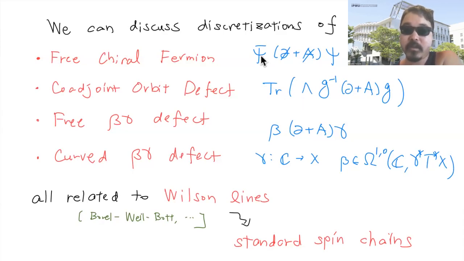We can also have a bosonic version, a ghost version of the chiral fermion, the beta-gamma defect. And you can also discuss a more general beta-gamma system whose target space is a flag manifold, for example. In this case, it requires a sophisticated procedure. If the target space is a manifold, it's obtained by gluing coordinate patches, and in each coordinate patch there is a beta-gamma system, which are glued consistently. So these are the different things.